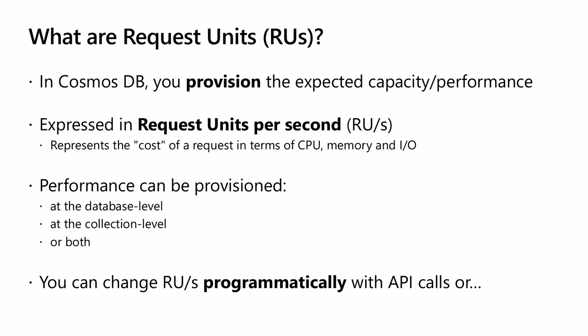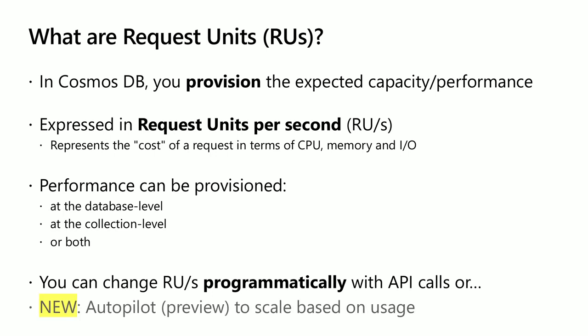And you can also change the RUs programmatically over time with API calls. So the good news is the more capacity you provision, the more it costs, but you can scale down. If you're scaling down, you'll save a bunch of money that way, and that's actually one of the best practices. So you can change it programmatically with API calls,